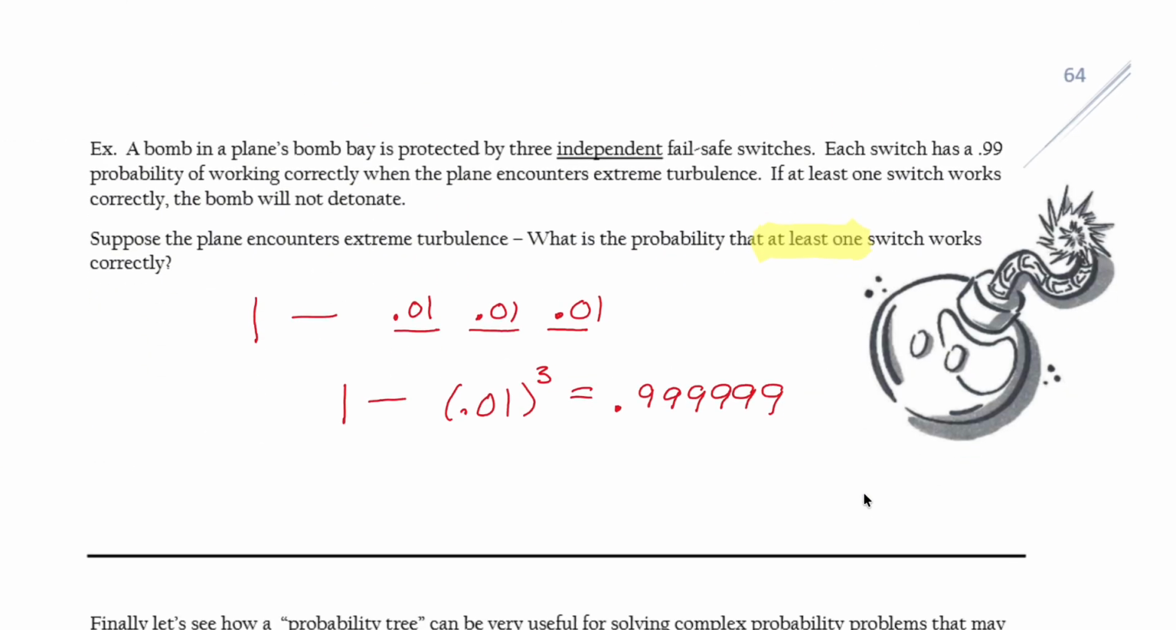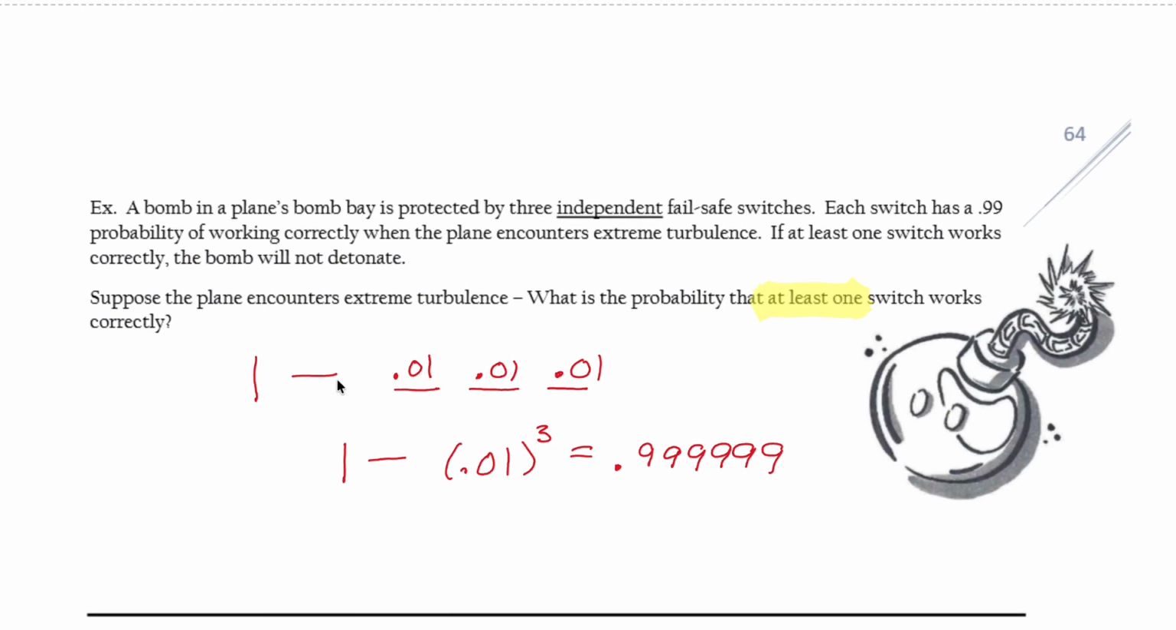Okay, moving on, take a look at this example. A bomb in a plane's bomb bay is protected by 3 independent fail-safe switches. Each switch has a 0.99 probability of working correctly when the plane encounters extreme turbulence. If at least one switch works correctly, the bomb will not detonate. Suppose the plane encounters extreme turbulence. What is the probability that at least one switch works correctly? So we have three